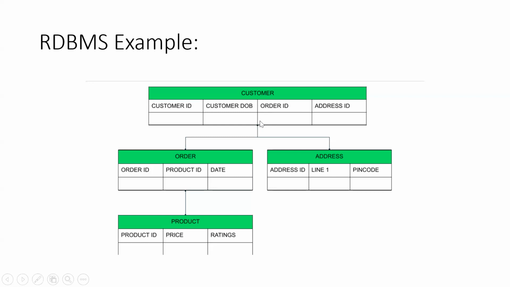Okay. So for the customer and order tables, the common column name is order ID, and we can set a relationship between these two tables by this common column. So if we want to fetch which product a particular customer ID purchased at which date, based on the common column order ID, we can identify which particular product the customer bought on which date, by setting a relationship between these two tables.